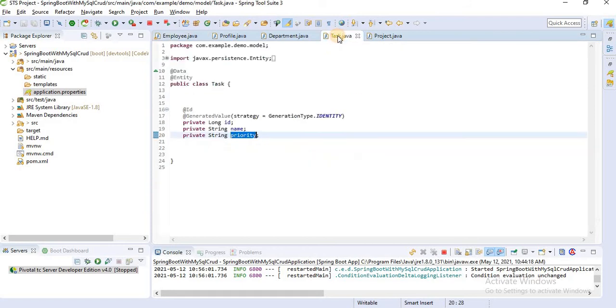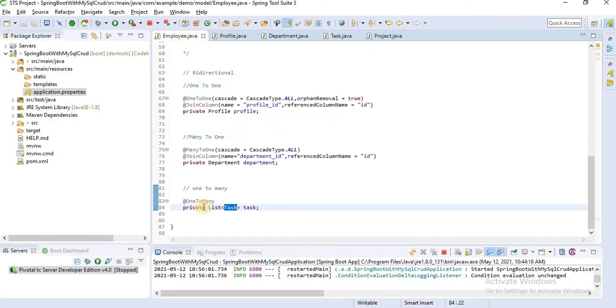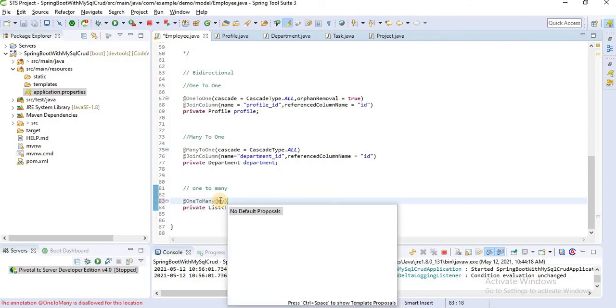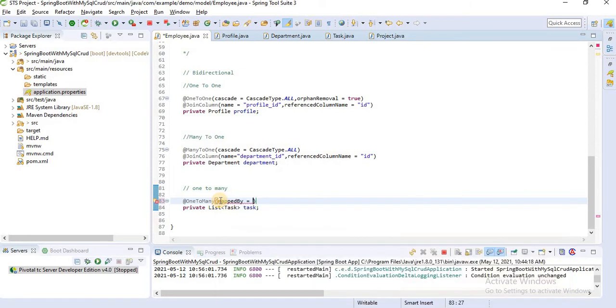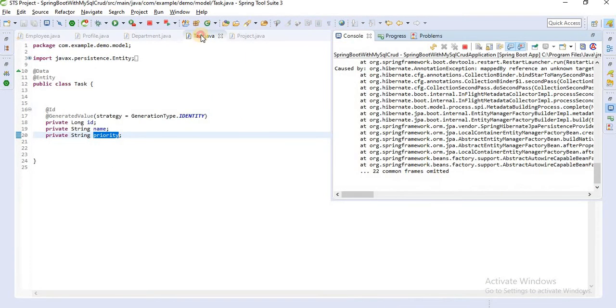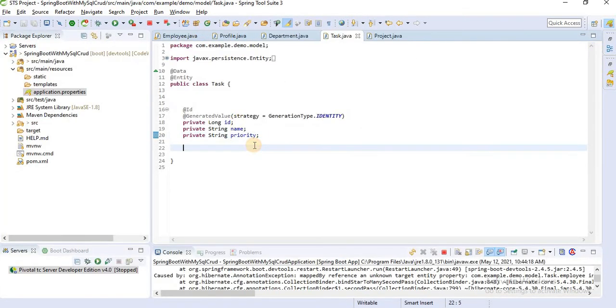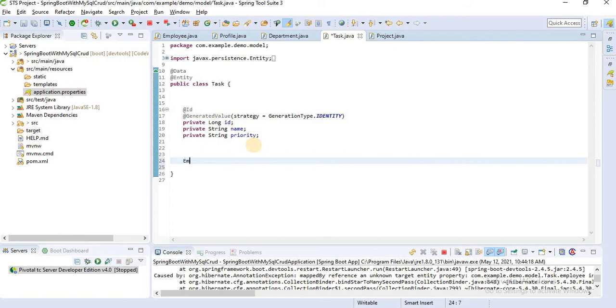That's why. But a task has a single employee. That means in a task table we can store an employee ID. That means we have to define mappedBy here. Okay, let's go inside the task entity. Here define employee,